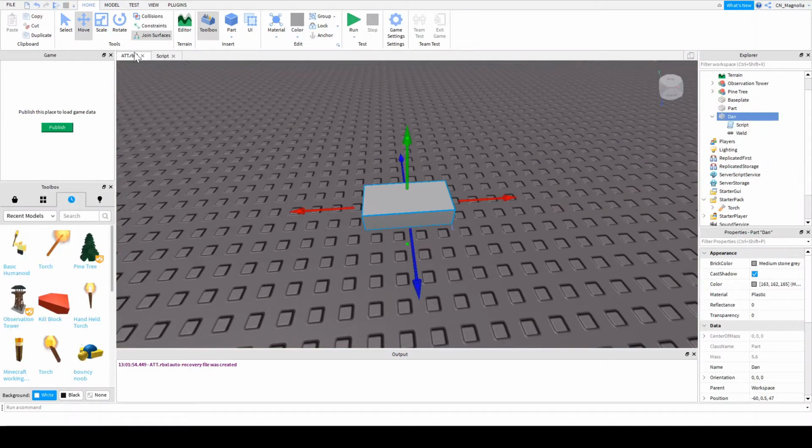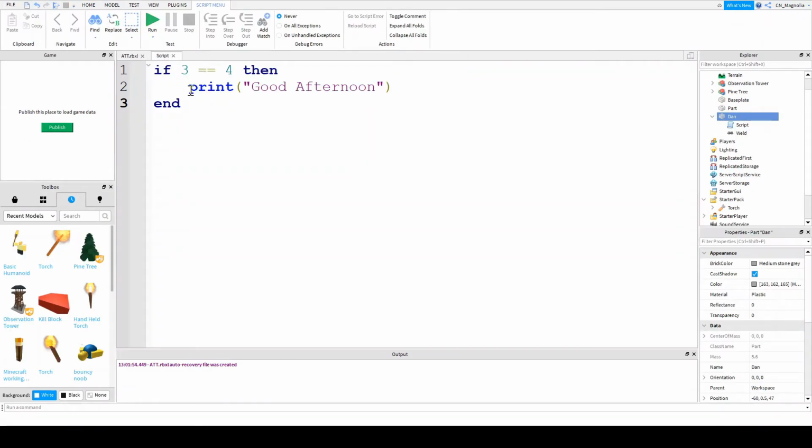Now let's say you want to have a decision. So if 3 equals 4, then you print good afternoon. But if it doesn't, then you want to print something else. But you don't want to print that other thing if 3 does equal 4, right? So for that, we're going to add an else statement. So else, print